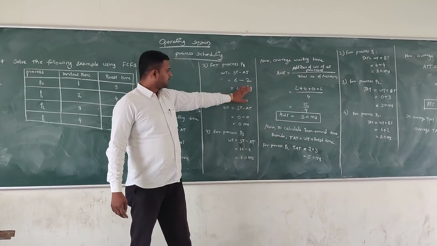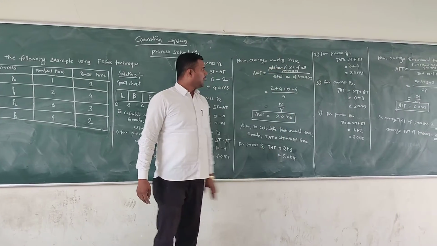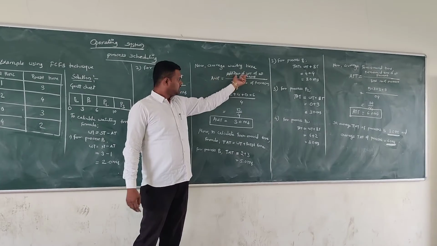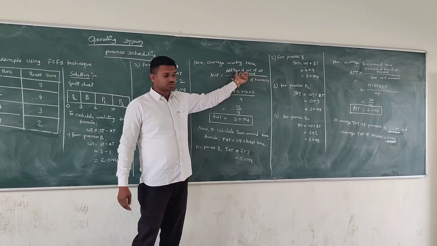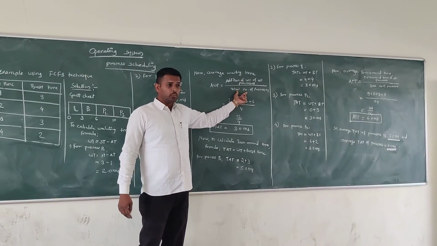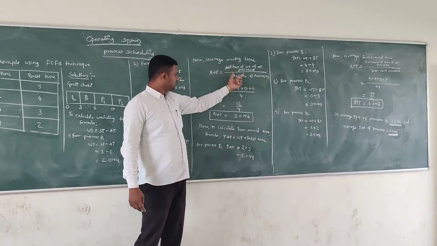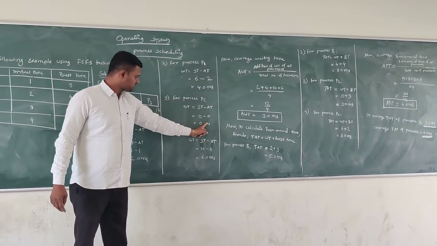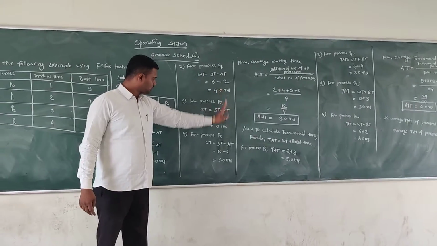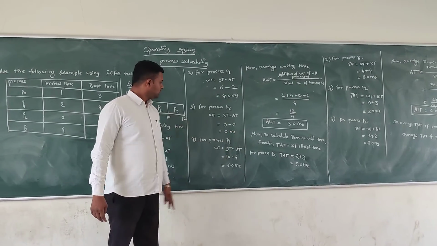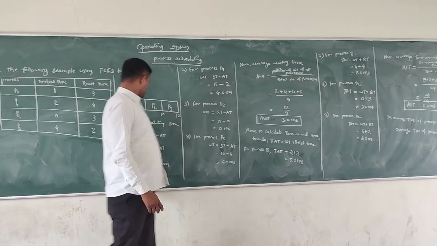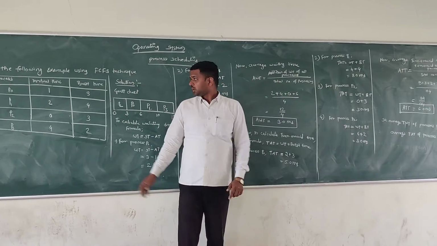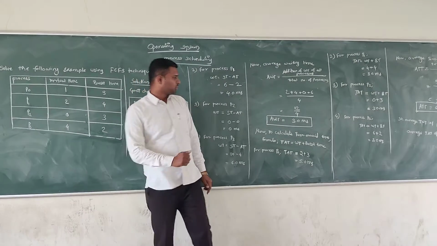Finally, we are going to calculate the average waiting time, and we know the formula of average: the addition of all waiting times divided by the total number of processes. That means when we add all waiting times of the processes, 4 plus 0 plus 6 plus 2, the addition is 12, and the total number of processes is 4. Means average